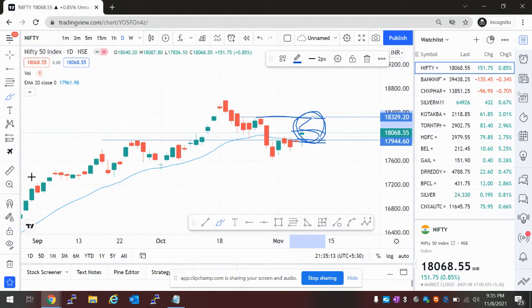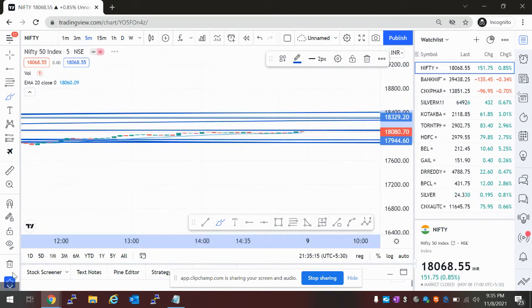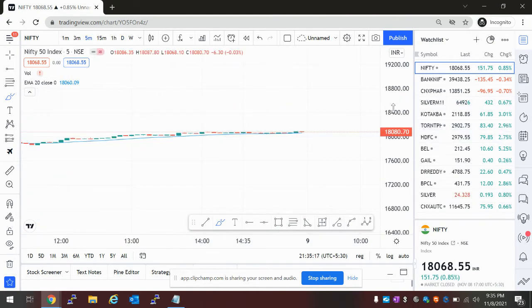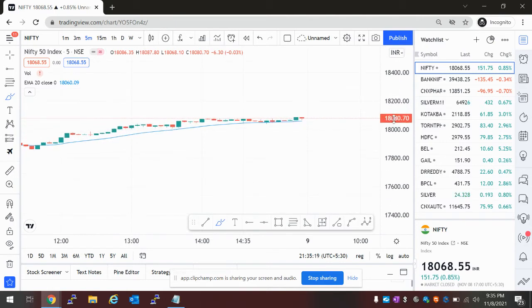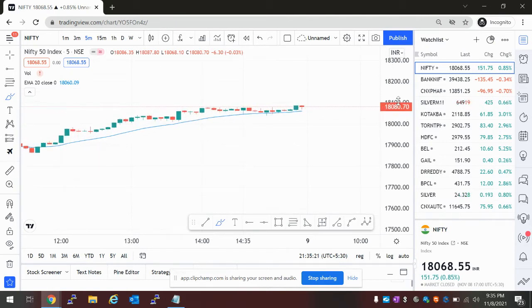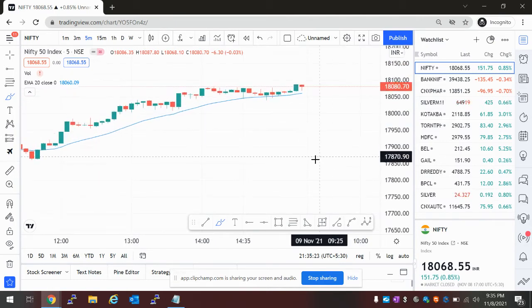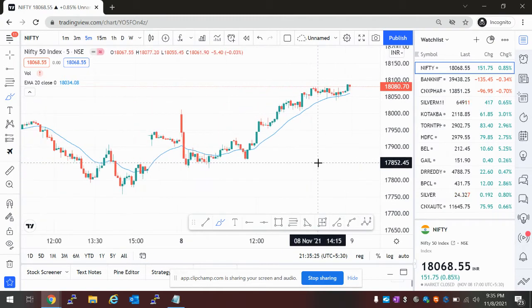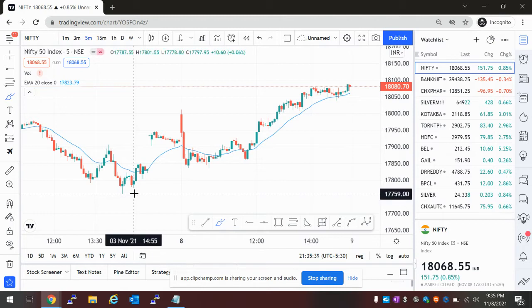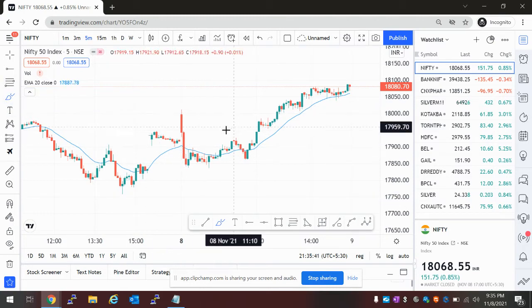So if I go to the 5 minutes chart, what has happened here today? We'll check once. Traders used to trade with the 5 minutes chart, as I told you last time. Some traders use 5 minutes charts, some 15 minutes. The market is a little bit volatile nowadays, so people use the 5 minutes chart. See easily how it was.